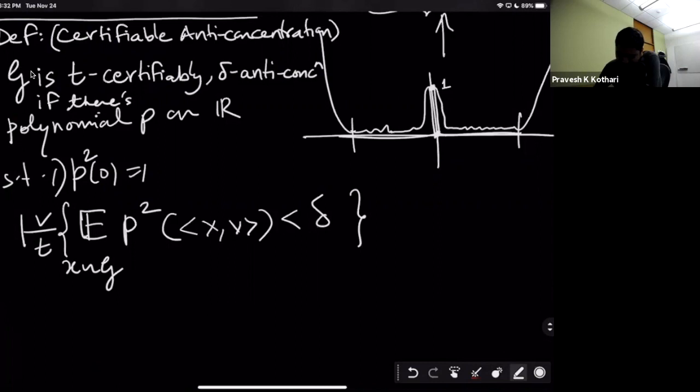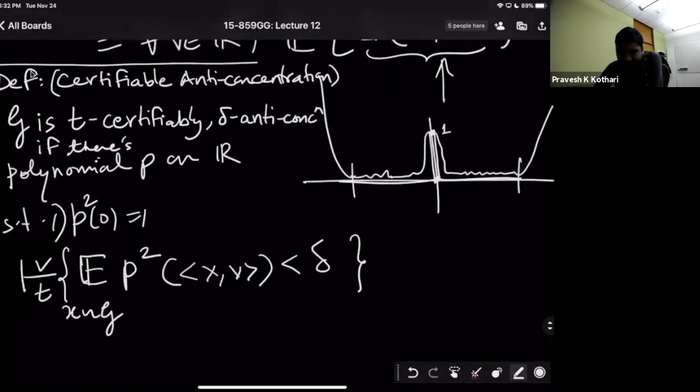So what are we trying to do? We are trying to phrase the fact that G is anti-concentrated within sum of squares. Okay, so here is how we are doing it. This number here is the degree required to claim that G is anti-concentrated. And you will soon see that it's the same as the degree of this polynomial P. So we're going to say that G is T certifiably delta anti-concentrated if there is some polynomial P which